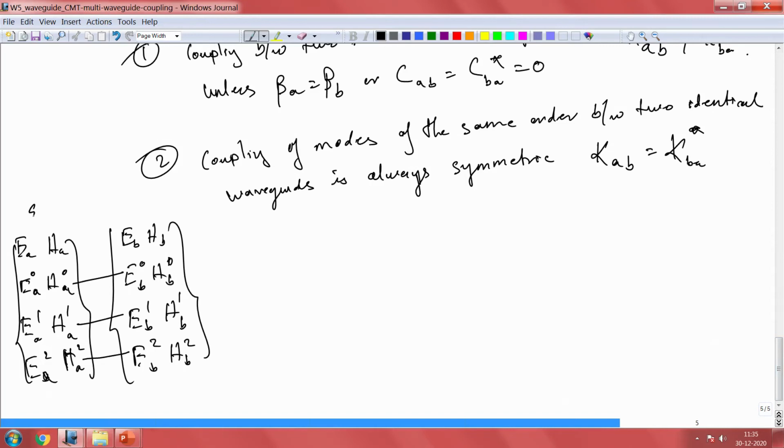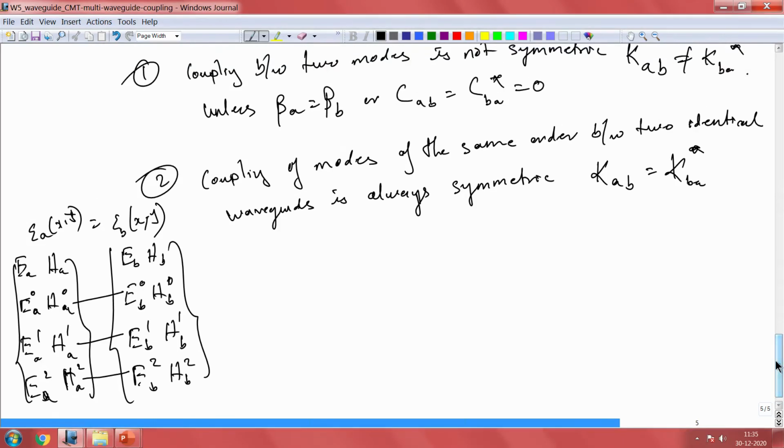So, epsilon A of x comma y is equal to epsilon B of x comma y. So, this means they are identical waveguides here. If they are identical, then coupling between the same order, EA naught to EB naught, and the other way around, is going to be symmetric. So, you can move between these two without any problem. So, this is very important. Okay. So, let's also remember this, all right. So, the third point is